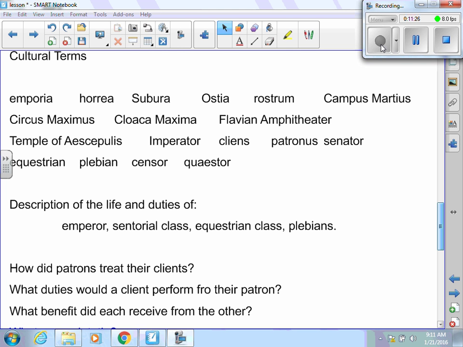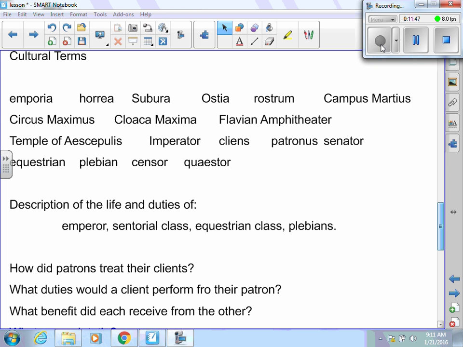If I would say, for example, in charge of the governorship of Egypt, you would say the equestrian class. And I'm pretty sure that's the only governorship that they could have would be Egypt. If I said responsible for the governorship of Gaul, you would say the senatorial class. So those are the kind of duties that you're going to get on your test, so make sure that you